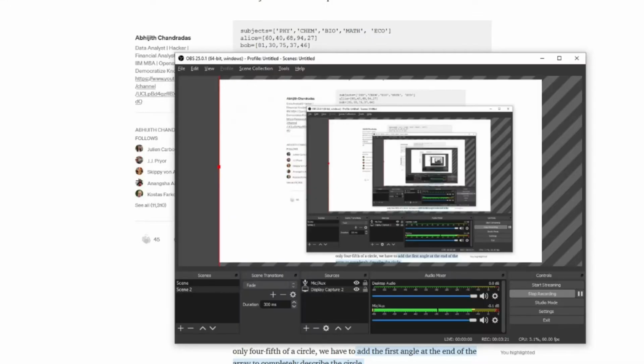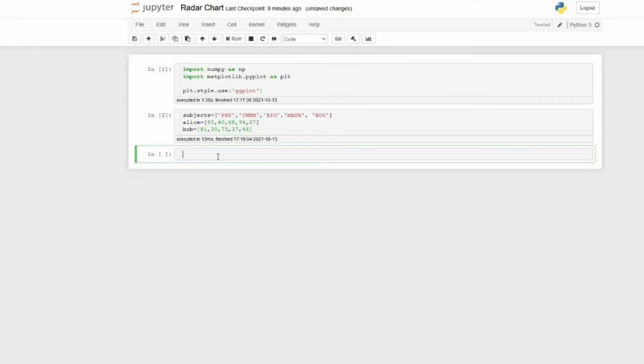Now next is one of the main important parts in creating a radar chart. A radar chart is actually a polar chart. Generally we don't have a polar chart; generally the x and y will be in xy coordinates.